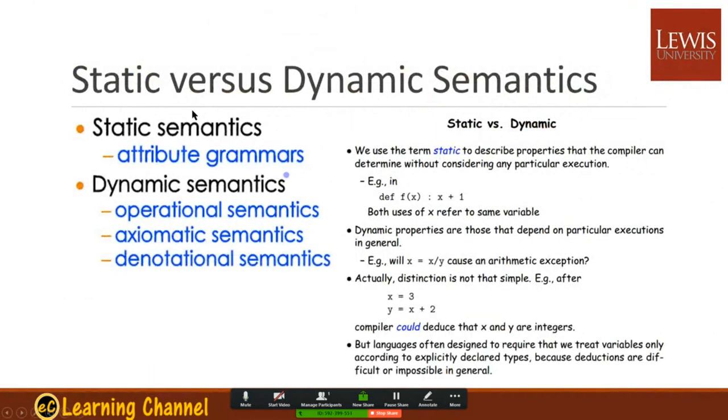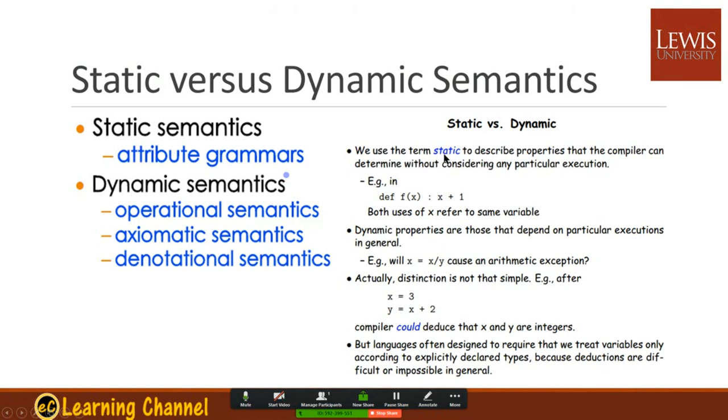Static versus dynamic semantics. What are the static semantics? It's attribute grammar, and then dynamic semantics is not covered in this chapter, but they are operational semantics, axiomatic semantics and denotational semantics. So here we have a comparison between static and dynamic